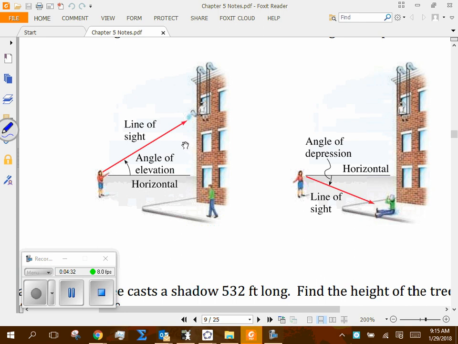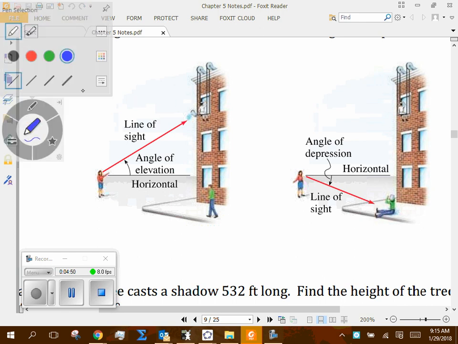Does that make sense? We also have the situation, you can see it over here, they talk about an angle of depression. It's really the same thing as angle of elevation. Angle of depression just means you're looking down, right? Now when you look down, and this is the situation maybe that I want to talk about over here in this picture, maybe the observer is now the window washer, and he's looking down at the lady on the ground. His angle of depression